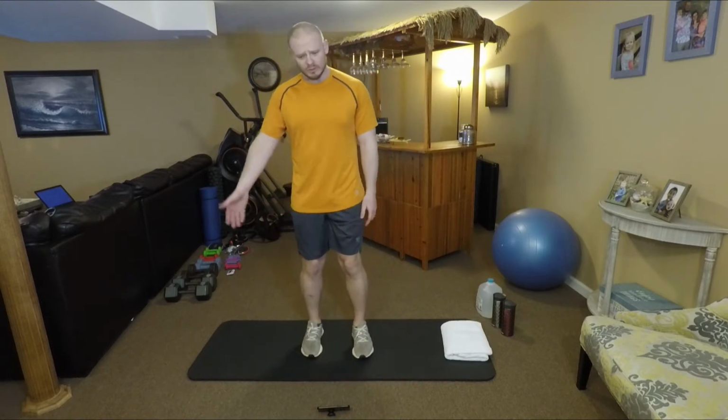Okay, good. Next we're going to warm up the quadriceps. Going back to this leg, we're going to start by elevating the knee and locking that knee out. So you want to feel right here, it's flexing, straightening that knee all the way out in front of you. Swing back and squeeze. Back and squeeze. Bring it back, squeeze,